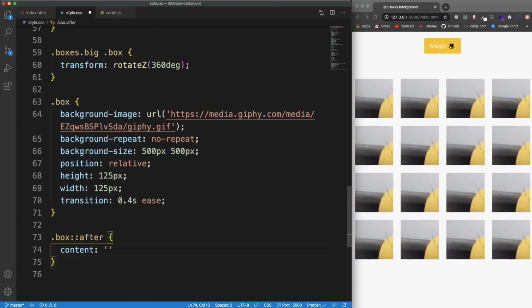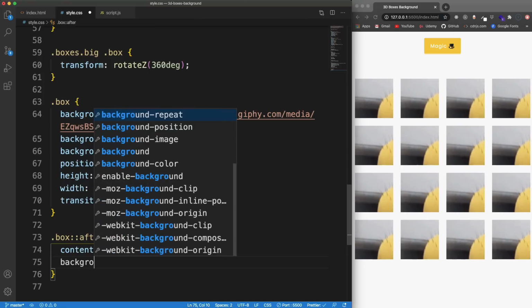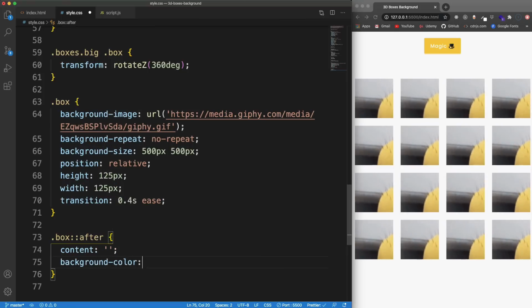It needs this content value, and we could even put something in here, and now you can see that after that box element it puts hello, but we don't want that. We just want to leave this blank. The only reason we need this is to add some styling, so you can think of it as kind of like an invisible element. For the styling, let's go ahead and add a background color,